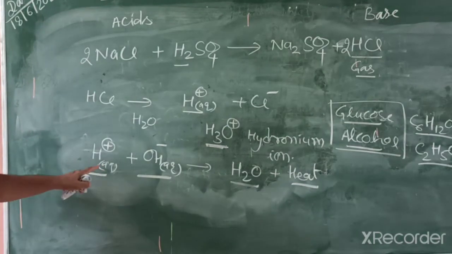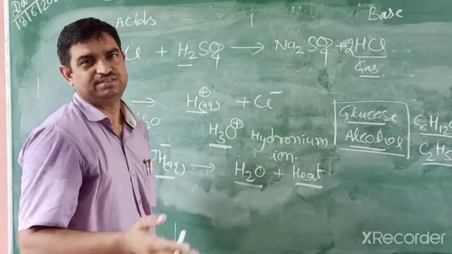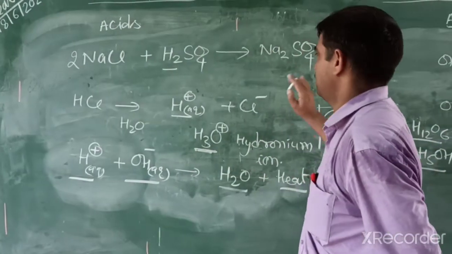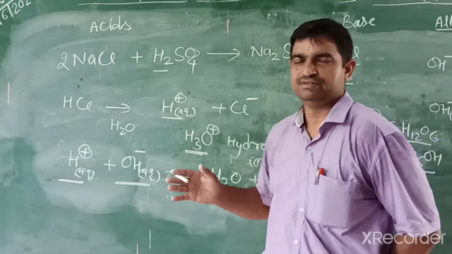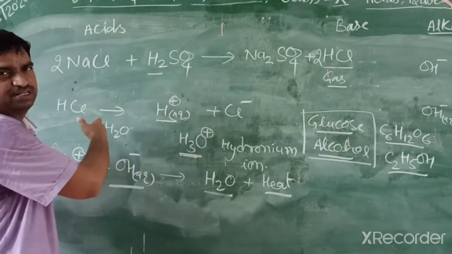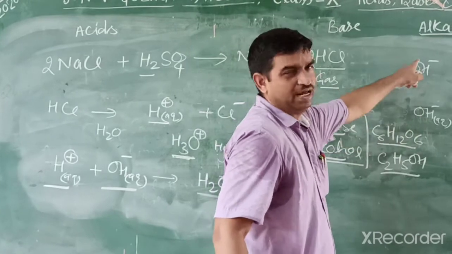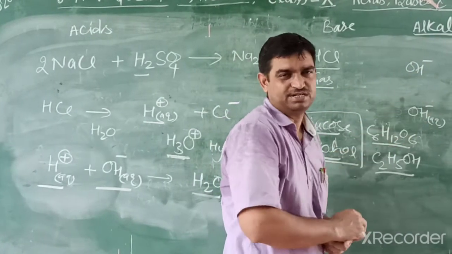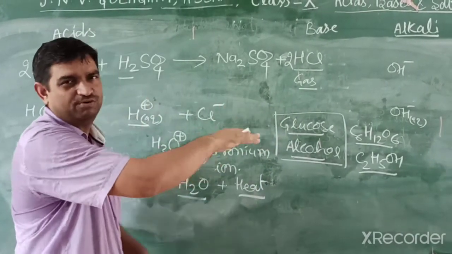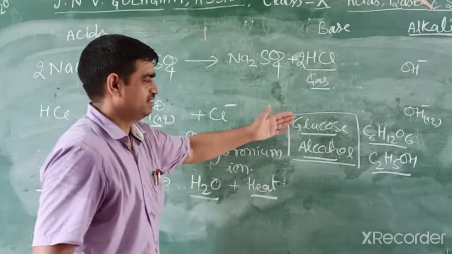In this acid-base activity, this reaction happens, and this is neutralization. When salt is formed, there are again three types of salt: neutral, acidic and basic salt. So we can explain all the acids and bases by this activity. Acids have hydronium ions and bases have hydroxyl ions. Alkalis are those bases that dissolve in water. Not all bases dissolve in water. Alkalis are the bases that dissolve in water, like sodium hydroxide, potassium hydroxide, calcium hydroxide and such types.